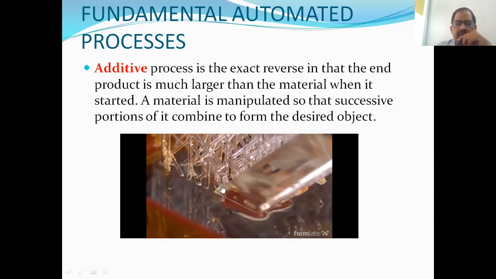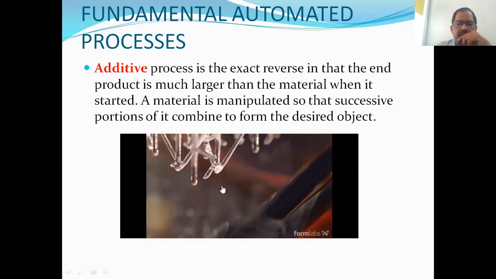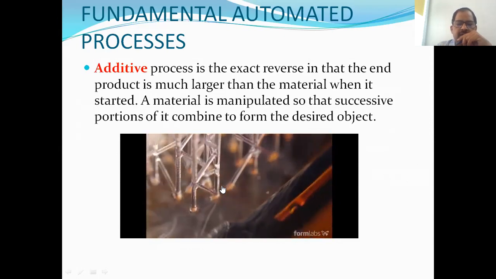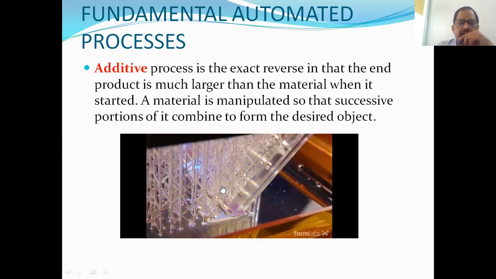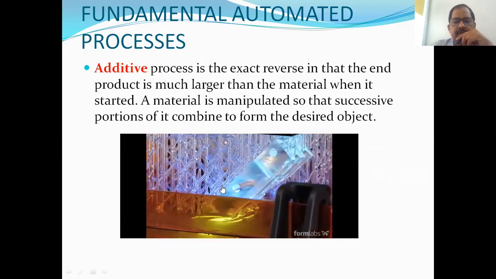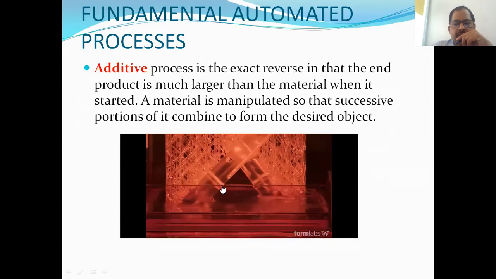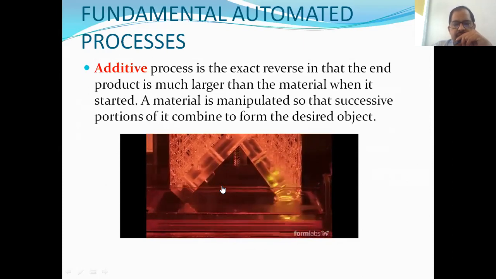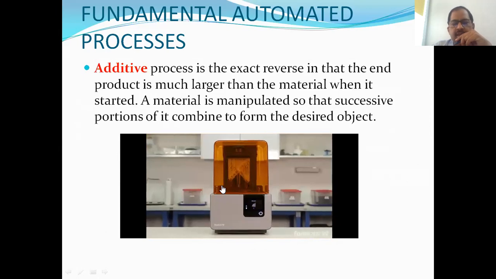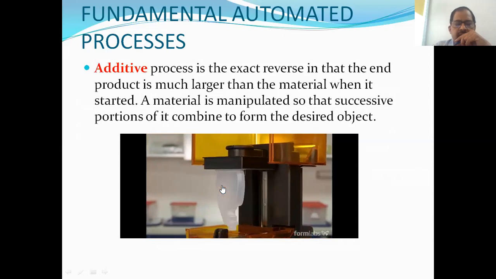Again layer by layer, you see how we are adding. Again one more layer will be added. Like this, you can get the final product. Now this is the final product we are getting, and you see how we are getting it layer by layer like this. This is called additive manufacturing or the additive process. This is one type of additive process. The additive process has three types: liquid, solid, and powder.